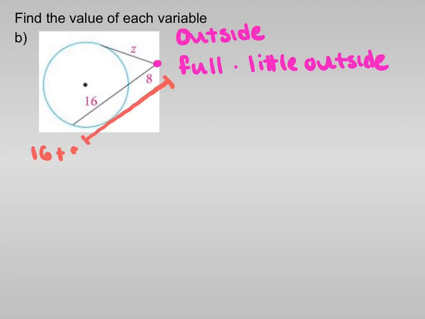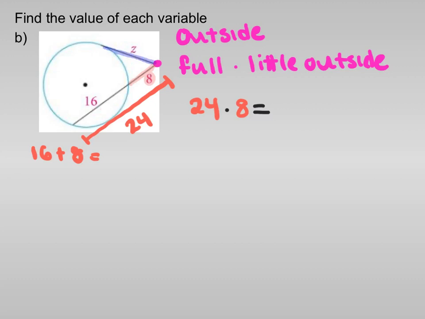We know that 16 plus 8 equals 24. So it'll be 24 times the part outside, which is just the 8. So it'll be 24 times 8 equals the other side of our line, which if we look is one of